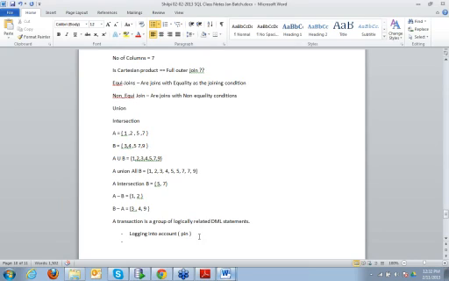Then it does the verification, and it gives you certain options. Let's say you want to withdraw, so you click on withdraw, and then it asks how much amount you want to withdraw. Let's say you say $100. Then what happens is your balance is reduced by $100, so the account balance is reduced by $100, and then you log out.